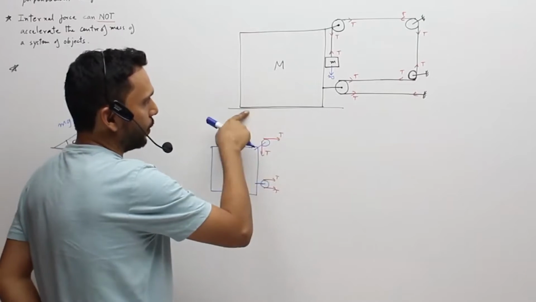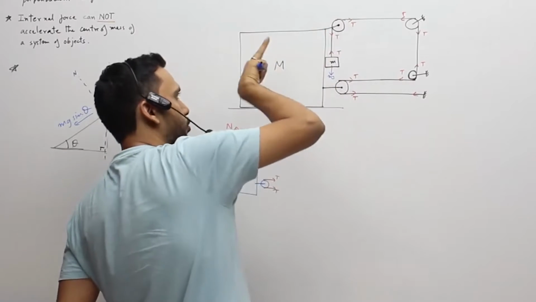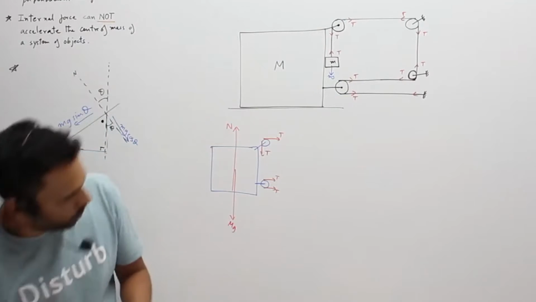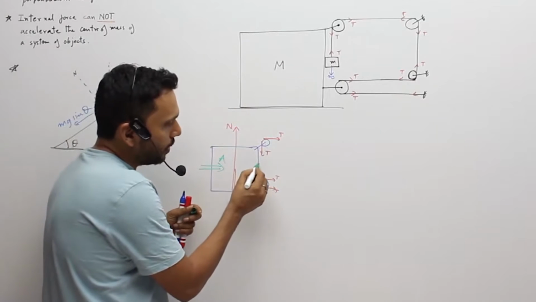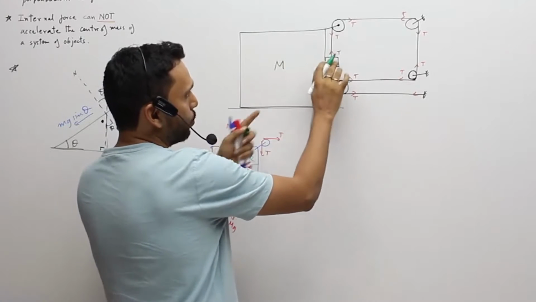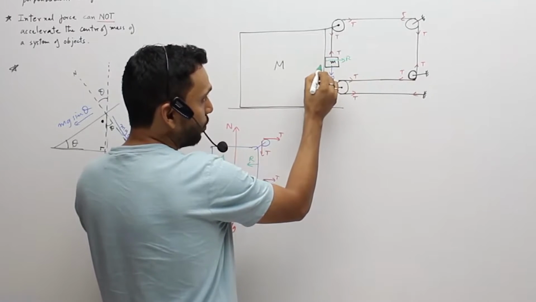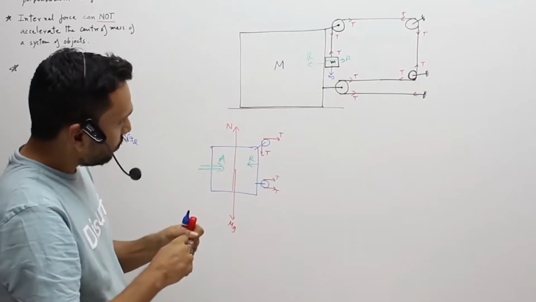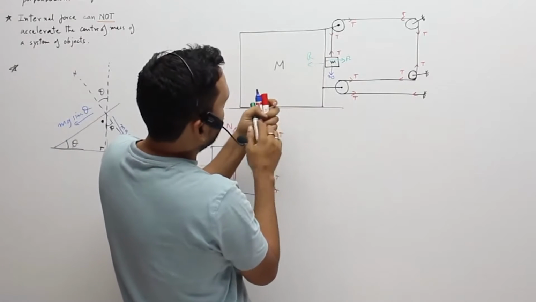So if there is no friction, then any small weight is going to cause some tension, and that tension is going to make the mass go forward. So there is no question that the mass is going forward. So the big mass is going forward. The acceleration of the big mass is capital A, suppose, in the forward direction. So the force which you might miss out is a reaction force from the body, R. Here this mass is pushing the small body forward with some force, say R. Then that small mass is putting a force of R backwards.